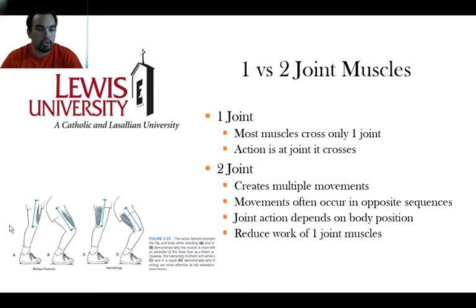So if you look at your picture over here on the left, you see that the rectus femoris works primarily as a knee extensor, even though it does cross the hip joint. So it crosses the hip joint and the knee joint, and it's most effective at knee extension. Why is that? Well, you look at the tendon aspect, and that's down here, right? We have a big aponeurosis up here as it creates that bipinnate muscle fiber, right? But you look, most of the belly of the muscle is down at the distal end, right? So that makes it much more effective at knee extension than it is at hip extension